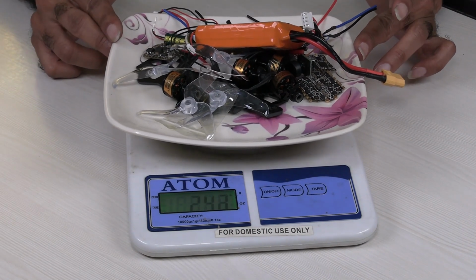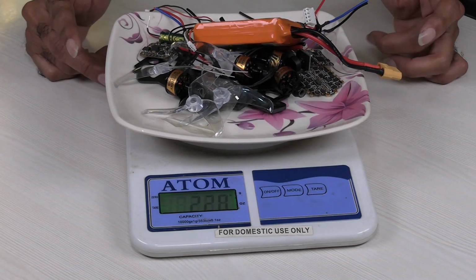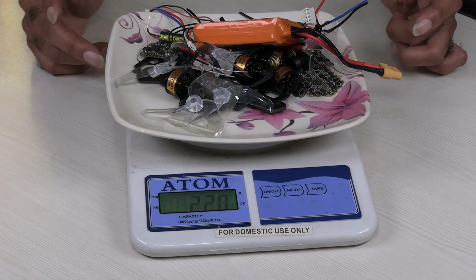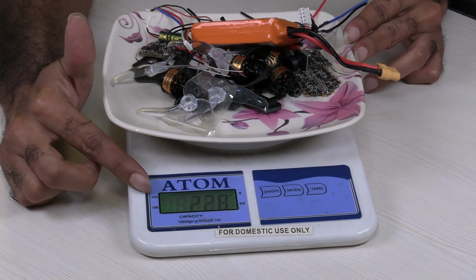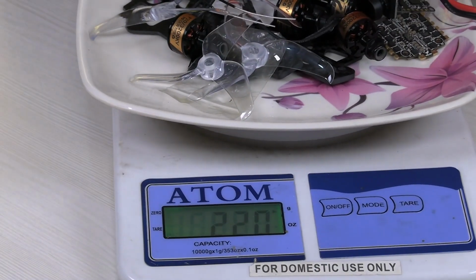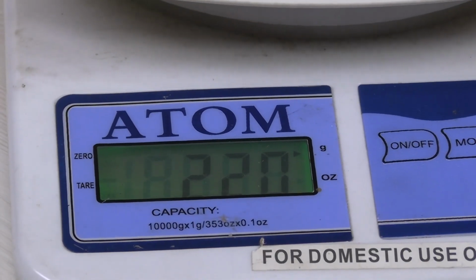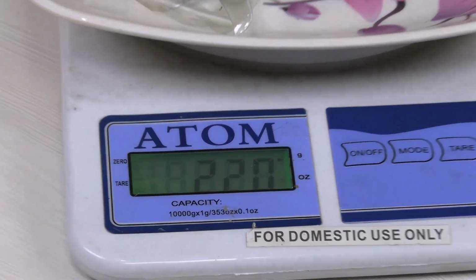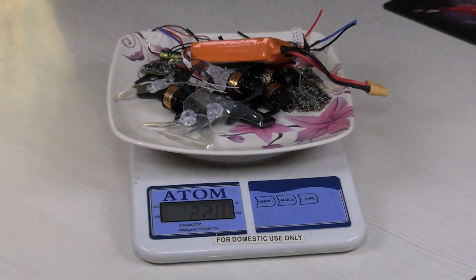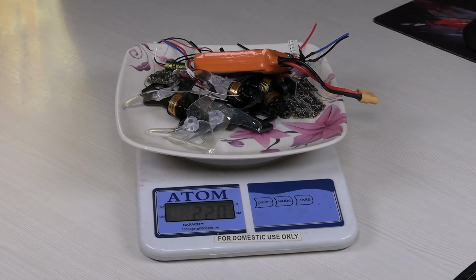So how much is it coming to right now? It's coming to around 220 grams, 220 grams along with the battery. Okay. So all the components included, it is coming to around 220 grams. Maybe when I actually assemble it, I'm going to prune a few wires and other things, so